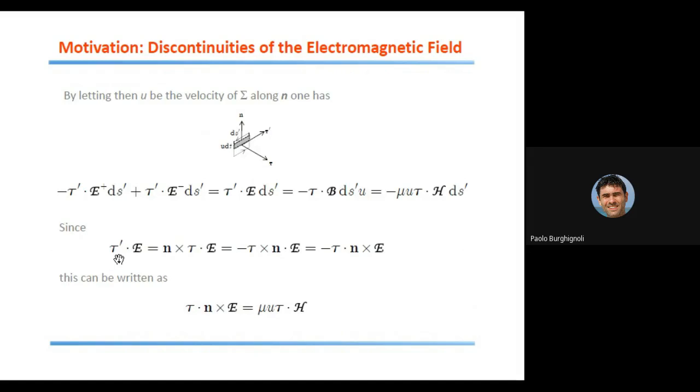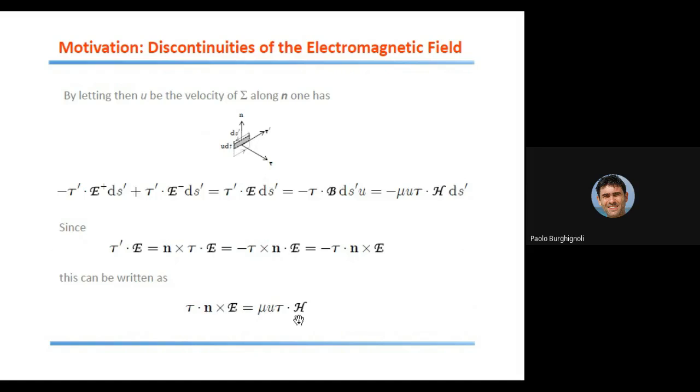We recall that tau prime is equal to the cross product of n and tau, because that was a right-handed reference frame. And we can also rewrite this in an equivalent way like this one. We exchange the position of tau and n by introducing a minus sign, and then we switch the dot and cross products, which is permissible, as you know. So in the end, we get that also on the left side we have the tau unit vector. So we can write everything in the form tau dot n cross E is equal to mu u tau dot